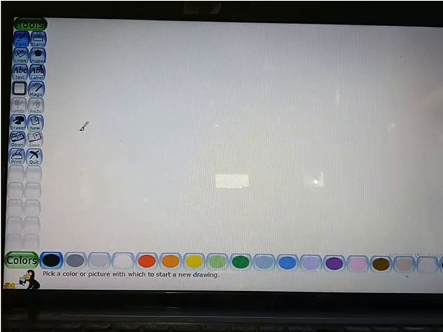Okay, so first thing, these are the tools that you need to understand, and under these tools, these all are the sub tools. Sub tools means browse, and these are the color options. Different colors, whatever colors you want to choose. Next we have color done, brushes done, and toolbox done.